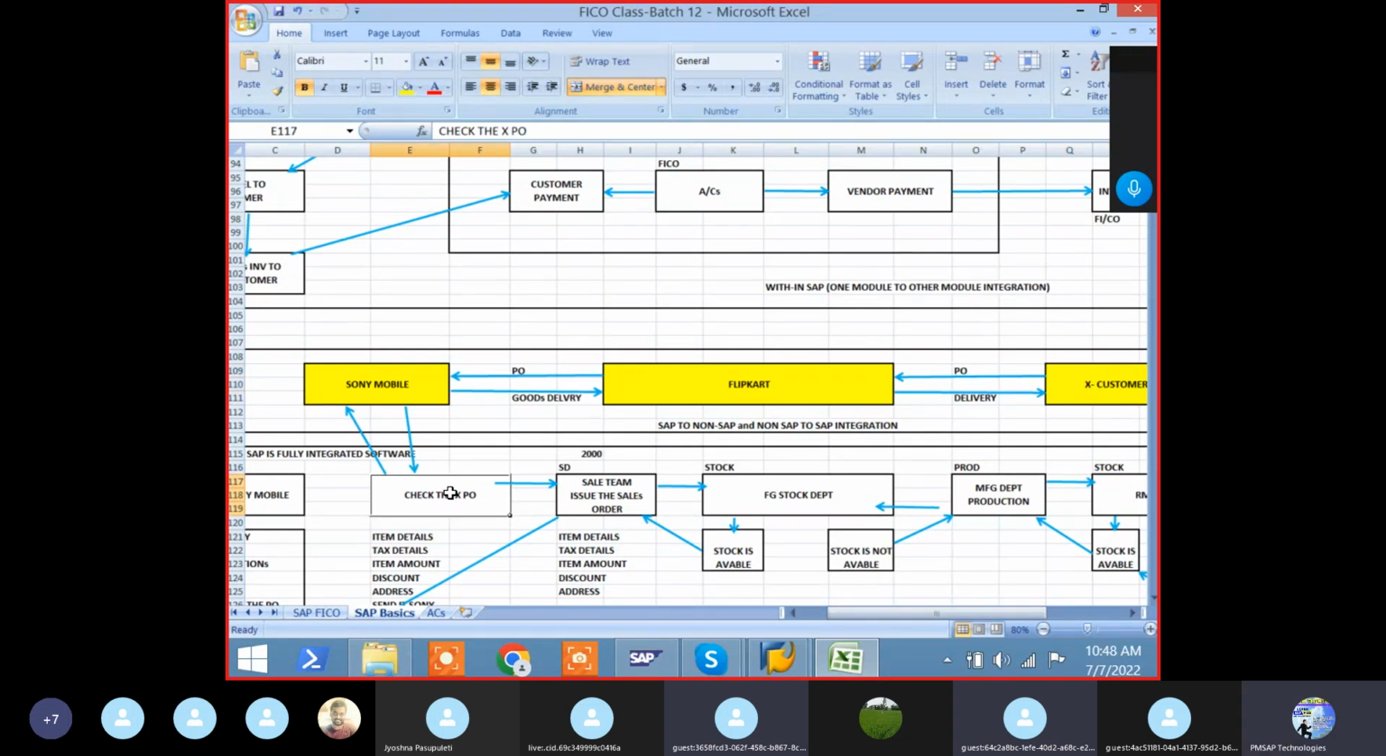Sony sales team will check the customer purchase order, all the details, and they will raise the sales order to the customer. Once a sales order is created, it will send the sales information to the stock department. If stock is available, then it will pick up the stock and deliver the goods to the customer. If stock is not available,